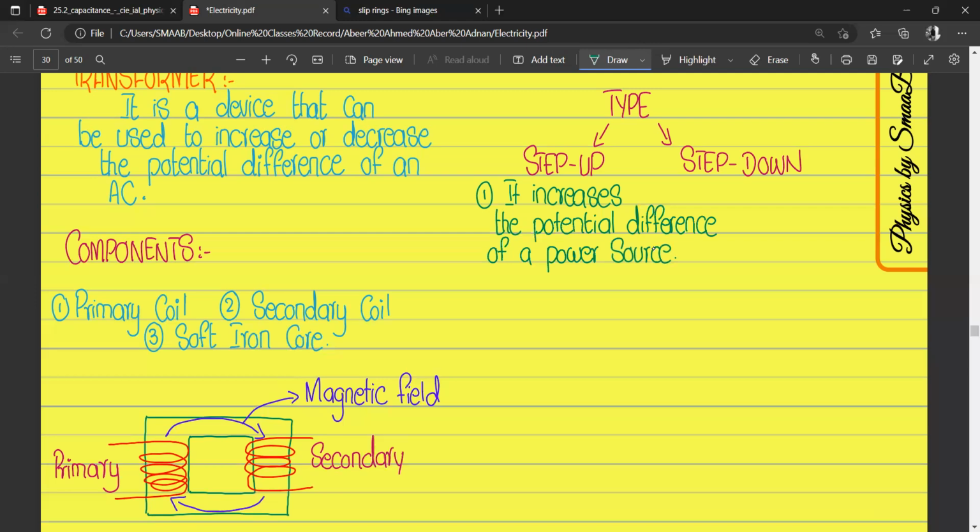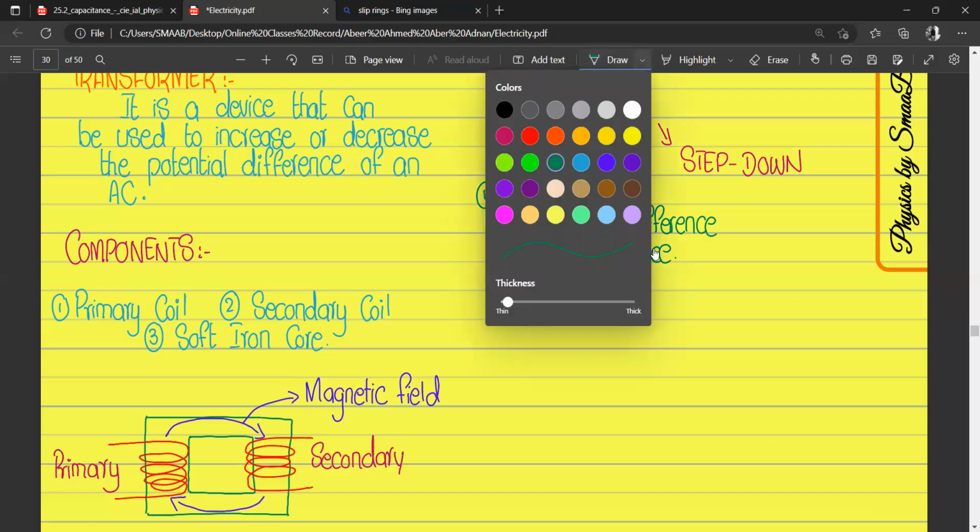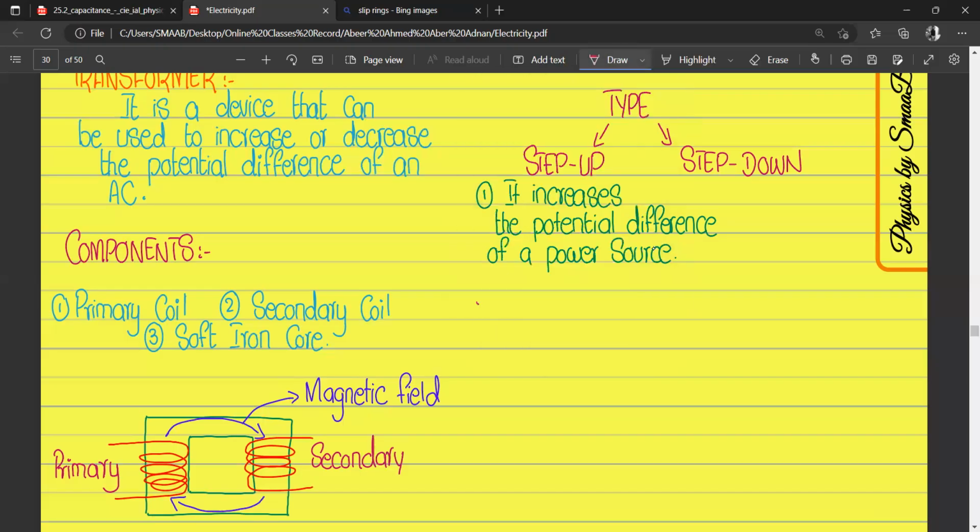We can increase the value of potential difference on output by increasing the number of turns, or you can say the number of turns in the loop of a wire that is connected on the secondary setup, right? So this can be done in the secondary. So the number of turns